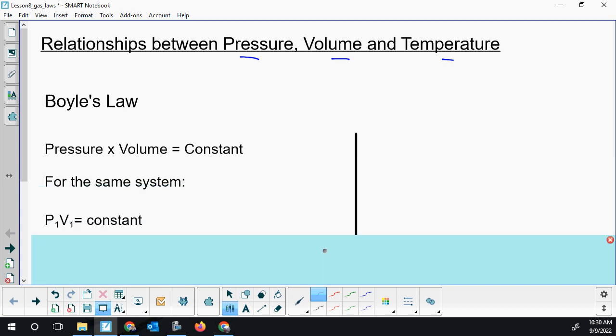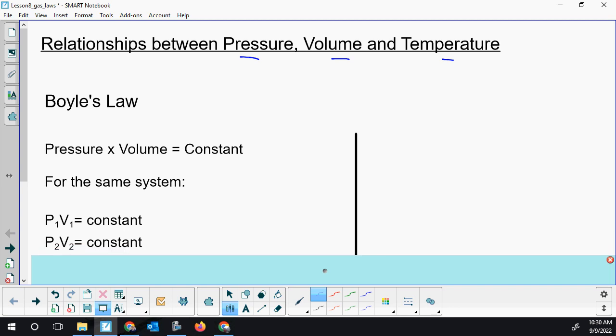So I'm adding subscript 1 now. Situation 1, pressure 1 times volume 1 equals a constant. You can go to a new circumstance, pressure 2, volume 2, and that's going to equal the same constant